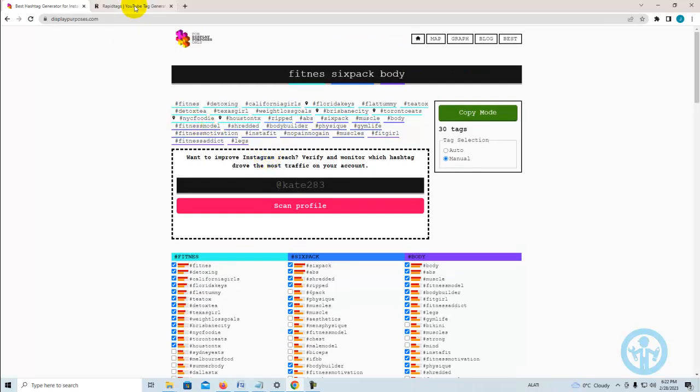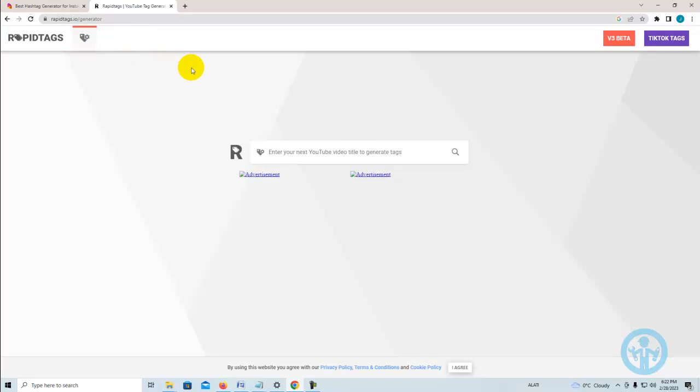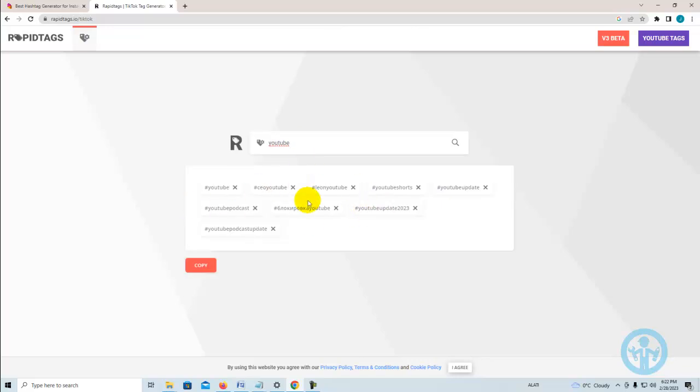Second website is Rapid Tags. They have option for the TikTok tags or the hashtags. So we will insert here some random word. We will insert YouTube and we will hit enter, and it will auto generate